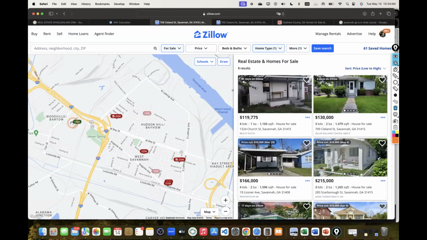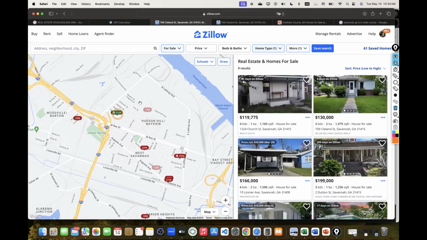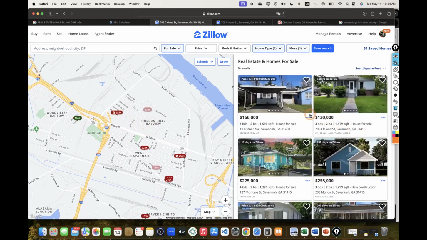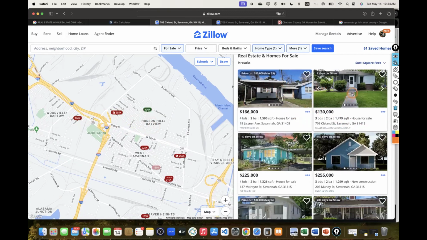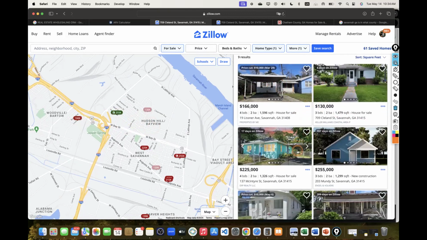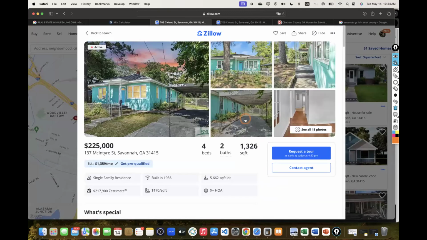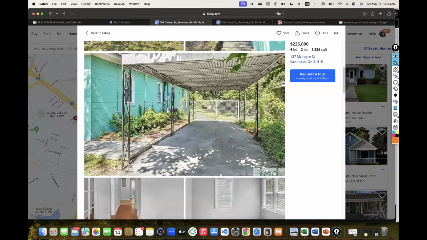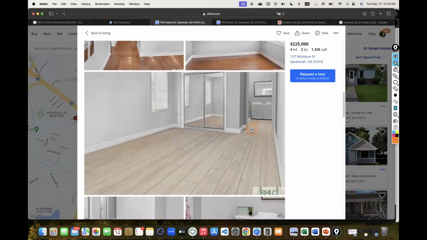We have one comp over here across the freeway. Definitely can't pull that one. It's just that freeway or the off ramp is definitely going to be a nightmare overall. So far, now let me look for properties by square feet. The first one is that 1600. Then we have this 1326 property selling for 255. That's the highest price property so far. So let's look at the condition of this one, because this could be one of the comps.